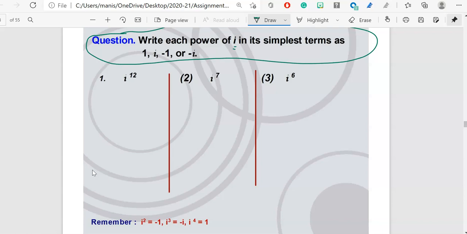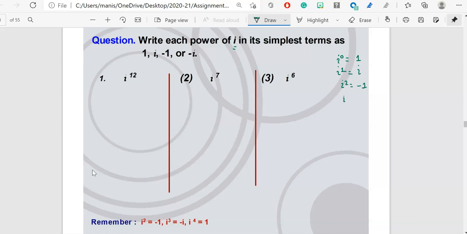This is very important. So let's start working on this. First of all, what I want you to do is write down our formulas. I to the power 0 is 1. I to the power 1 is I itself. I don't need this, but still I'm writing this. I square is equal to -1. I to the power 3 is equal to -I. I to the power 4 is equal to +1. Okay. Now